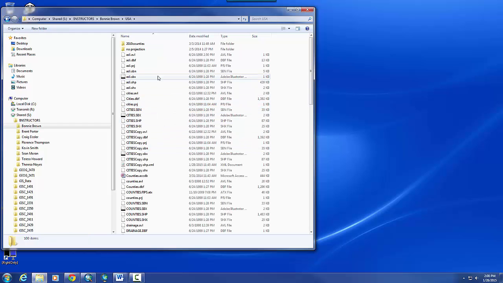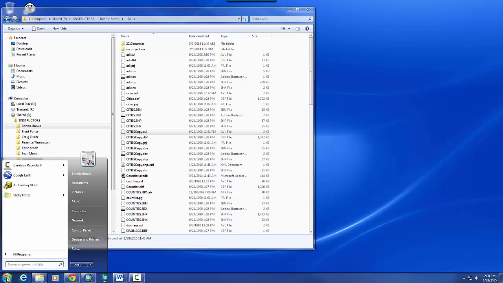So what you're going to see here are all of these files. You've got cities.avl, cities.dbf, cities.prj, cities.sbn. You look how many different cities you have, and then you have copies of the cities. And so now go ahead and open up, if you go down here to the Start menu and type